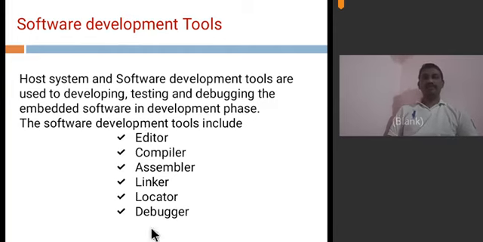See, here editor is one which is used for writing your programs. You can write the programs in assembly language or you can write the program in high level language like C or C++. Next, assembler. Look at the assembler. Assembler is one which is used for converting assembly language code into the machine level code. If you are writing directly code in assembly language, then assembler takes that code and directly converts into the machine level language. Or if you are writing code in high level language like C or C++, then it is given to the compiler.